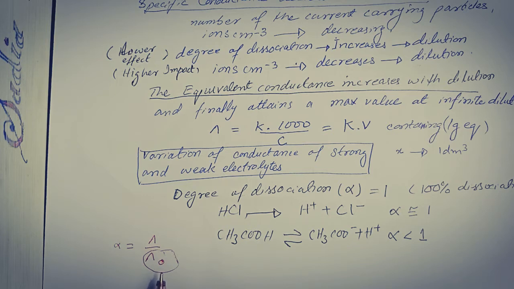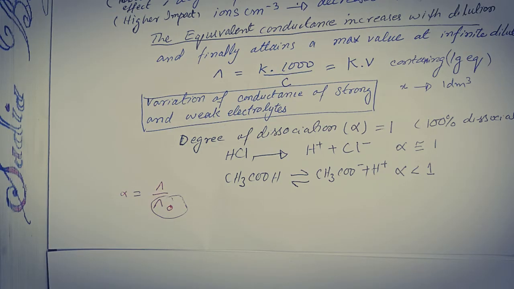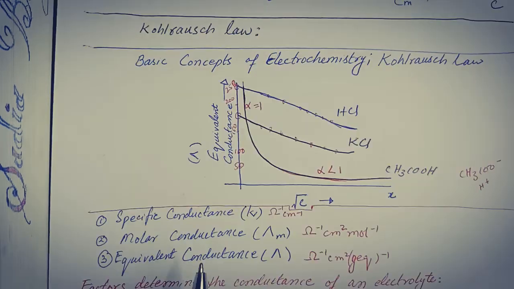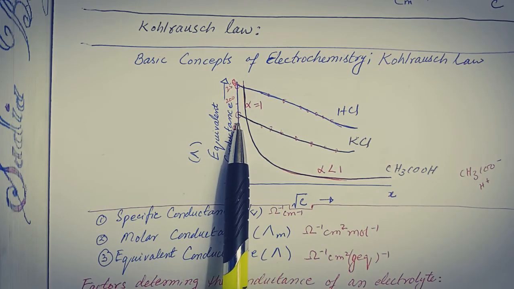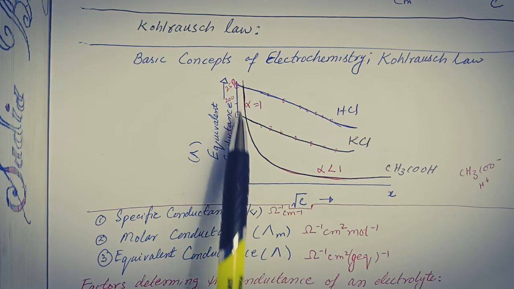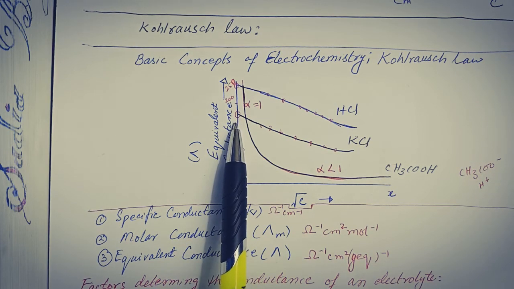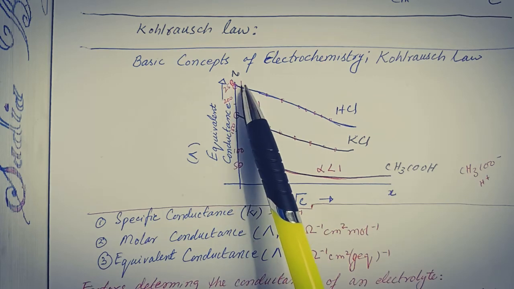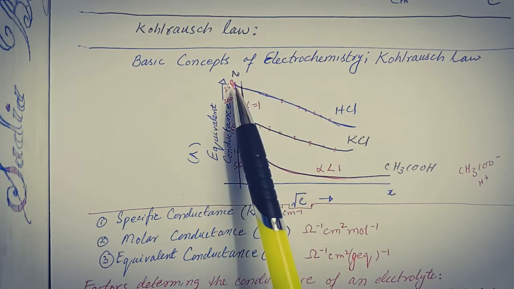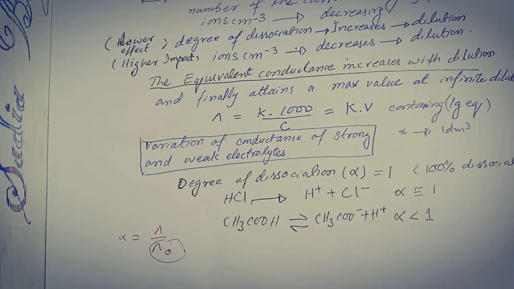For this purpose we need to discuss the Kohlrausch law, that is the law of independent migration of ions. Kohlrausch law can be understood from the studies which were carried out for the strong electrolytes, where the value of the equivalent conductance at infinite dilution can be calculated from the extrapolation of the plots. As we have discussed that the equivalent conductance depends on the